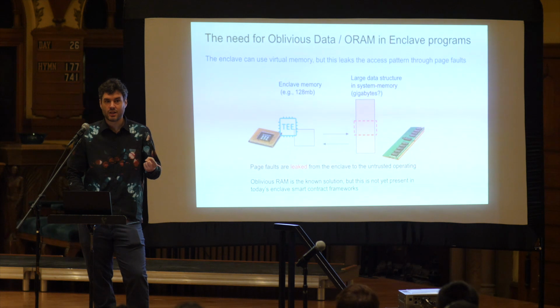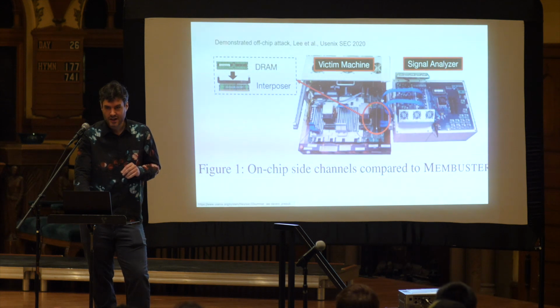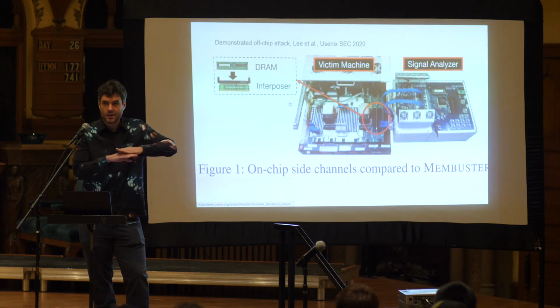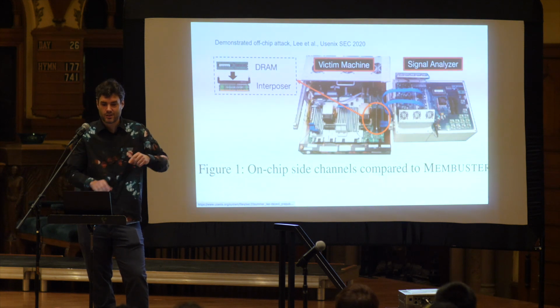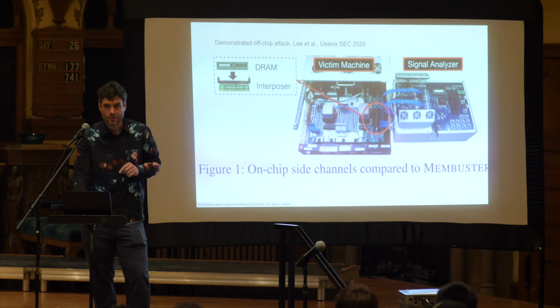So that's access pattern leakage that you might not think of if you just think it's in the enclave, everything's secure. There's other attacks that involve an interposer. This is like a game genie for your trusted hardware enclaves. It sits in between your motherboard and your RAM, and you hook up a logic analyzer to it, and maybe even an injection thing to that. So that's a very risky thing for the threat model.